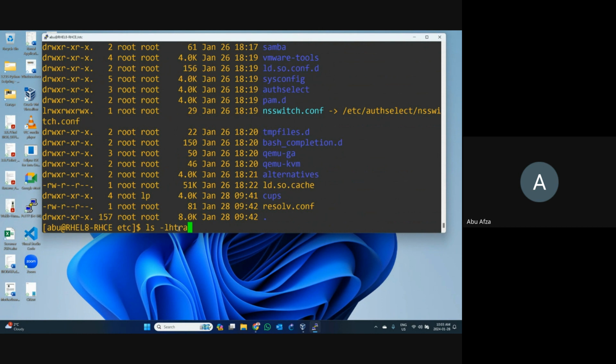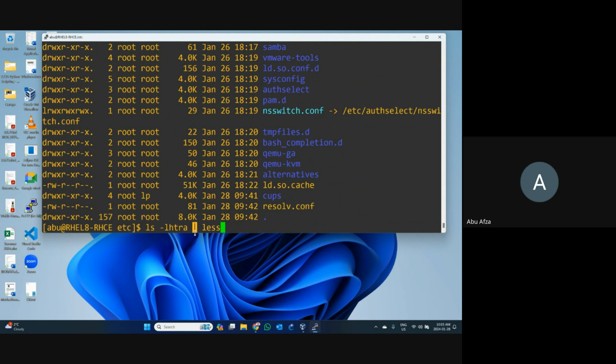ls space minus lrtra, using another type of command. That command is called pipe. This is a pipe command. What is the meaning of pipe? Okay, I write it down, then I will discuss. Pipe command means this left side and right side are both working together. So now I add, that means this is called join, or you can say and. That means two words working in one line. Make one sentence or one line.